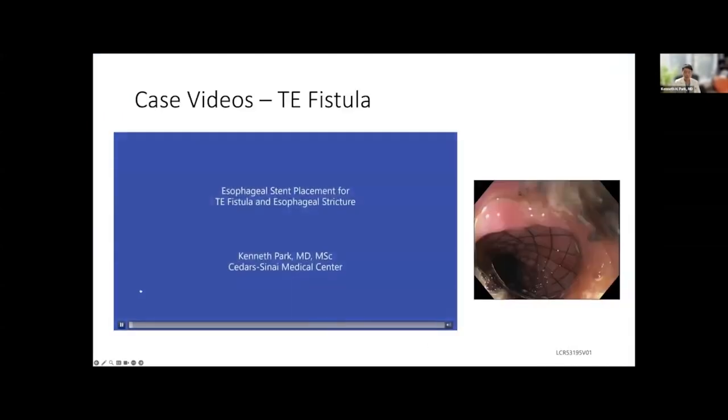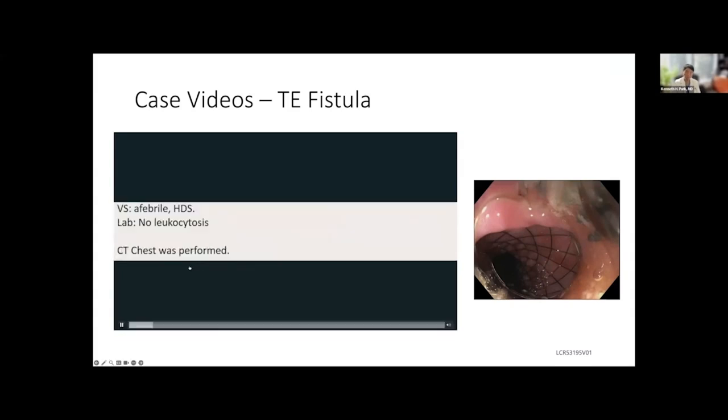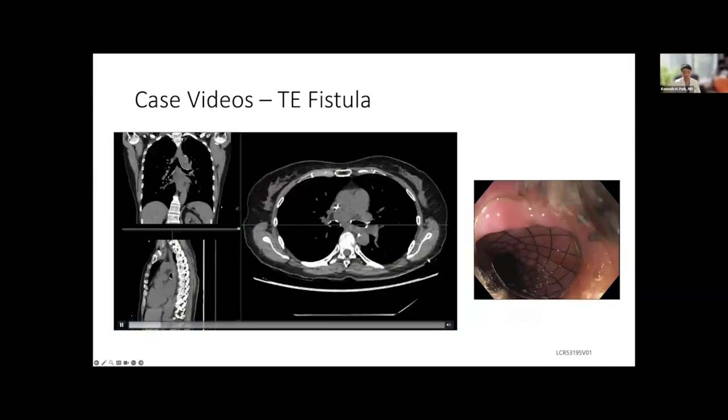This case is a TE fistula case. She was a 59-year-old lady with squamous cell carcinoma. She had multiple rounds of radiation with some improvement in tumor regression, but started to have cough every time she drank something, and there's worry that a fistula may be developing as the tumor was regressing. So again, a CAT scan was done. Again, being comfortable with reading CAT scans, obviously you're not going to read as well as a radiologist, but comfortable enough to gauge what potential complications you might see, and understanding different views,